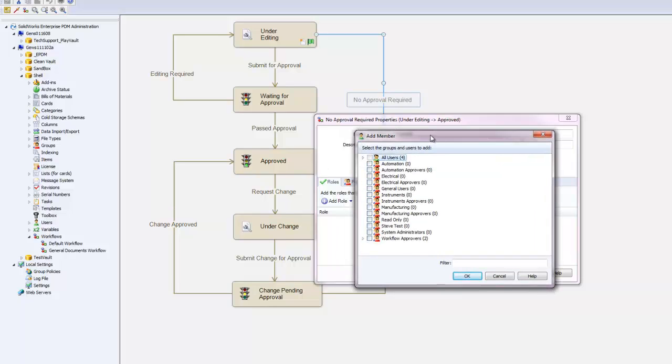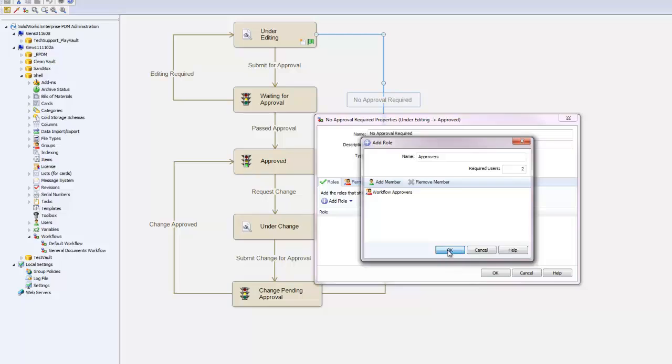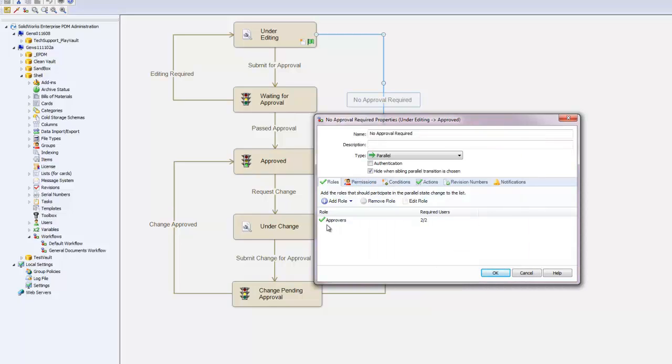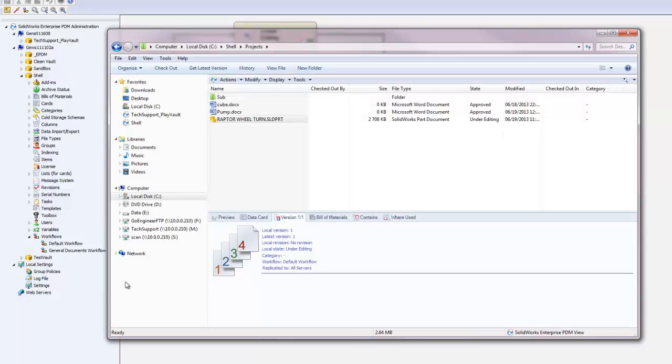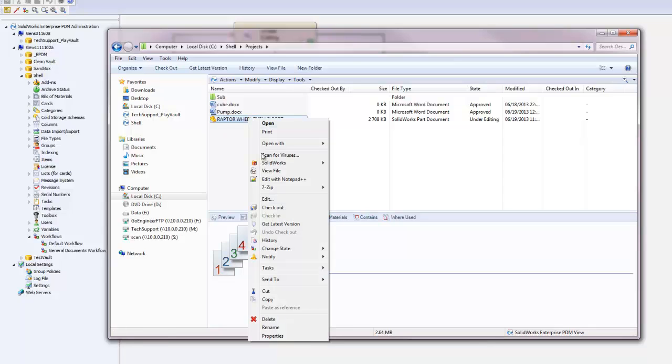And I'm adding the members here by selecting a group, workflow approvers, and hit OK. And it populates the name of the role along with the number of required users. Hit OK and save the workflow. Now that the transition is set up in the workflow, let's go to the vault view and test the feature out. So as you can see, this specific file is in the under editing state, and a user